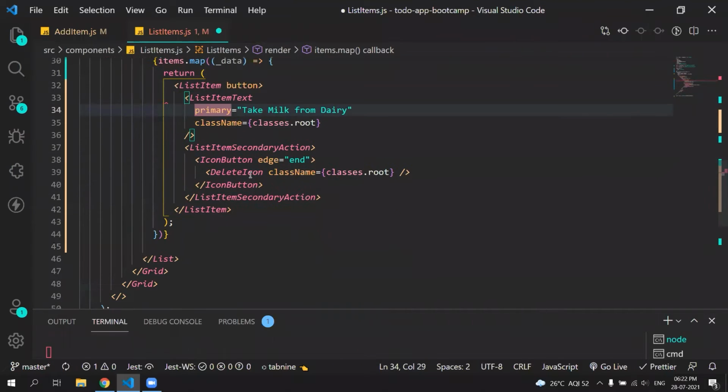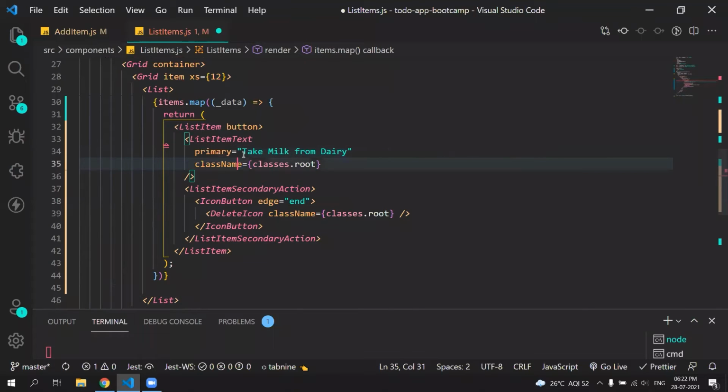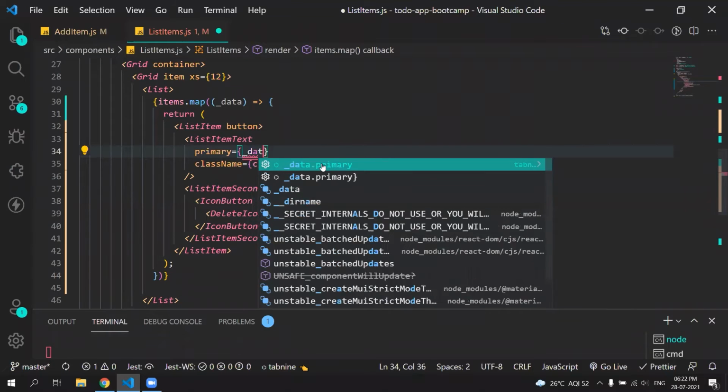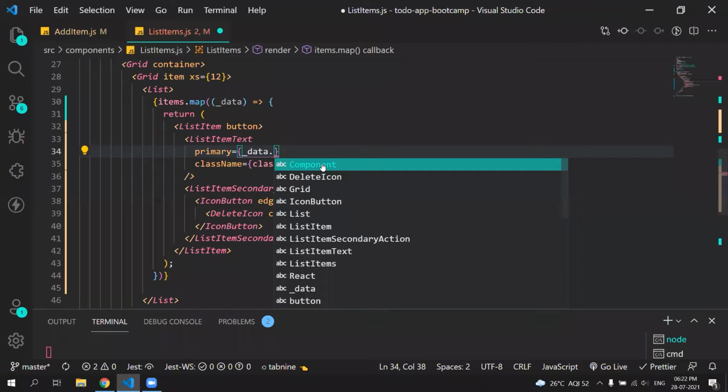Inside this we need to show the name which we are adding, right? Since it's JSX, as I told you, if you use the map function you will get every element of the array in this particular data every time it iterates. So what we need to write is data dot the name of our key, which is name.